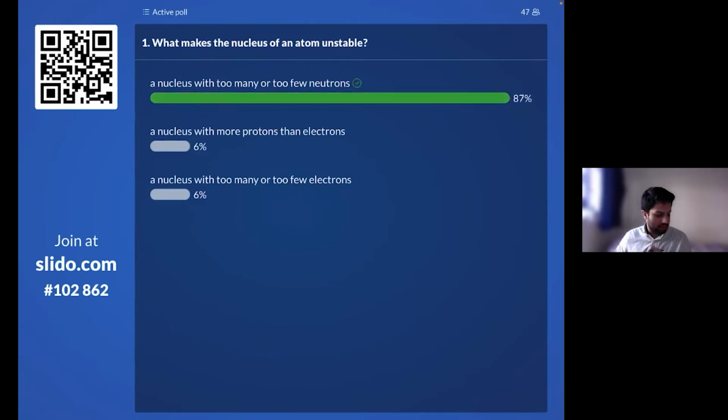Yeah, exactly. So a nucleus with too many or too few neutrons. Exactly. So I do think the other two have valid arguments against it, but it's just because this question itself specifies what makes the nucleus of an atom unstable. So a nucleus with more protons than electrons, or a nucleus with too many or too few electrons, remember, would